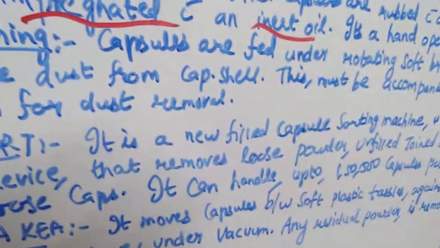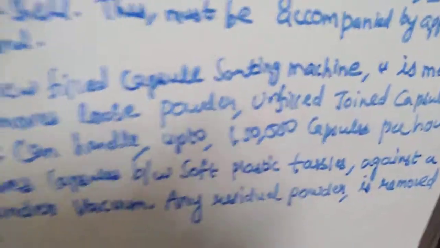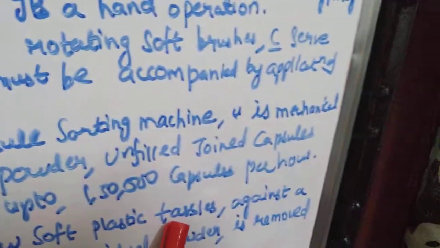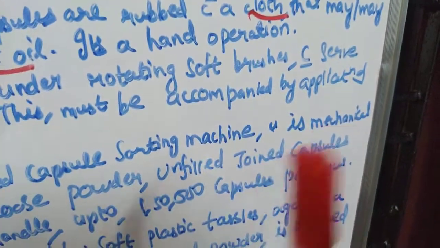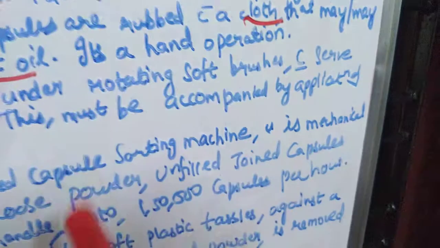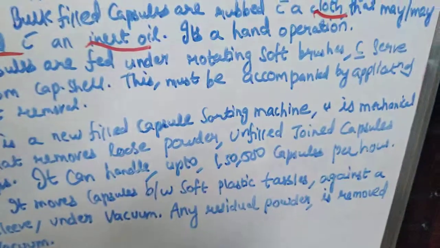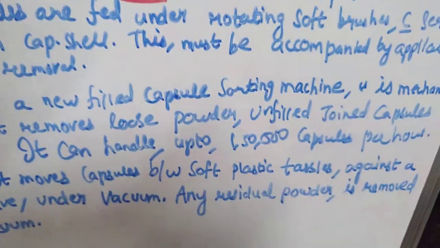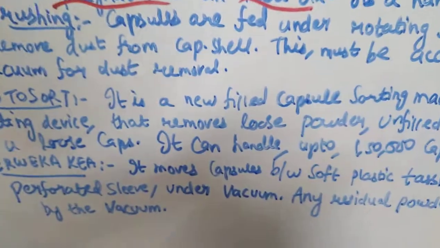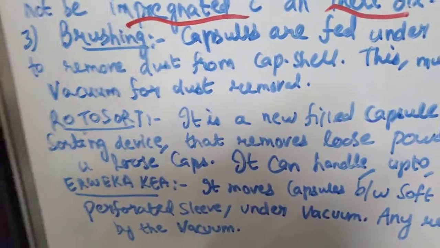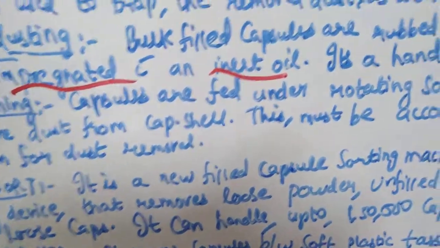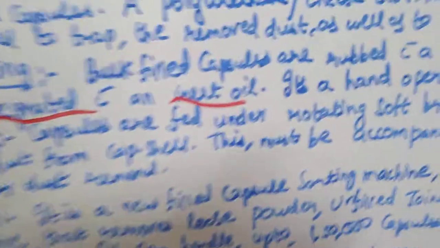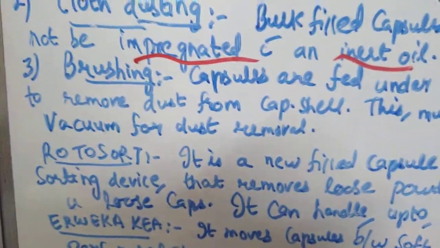It is not very complicated. It moves the capsules between the soft plastic tassels. So capsules are moving under the tassels. If any dust is there, it falls on the perforated sleeve, and when the vacuum is applied, it can be easily removed. So any residual powder can be removed by the vacuum. This is with your capsule sorting and polishing equipment, Rotosort and Eruca KEA, and you have one more,